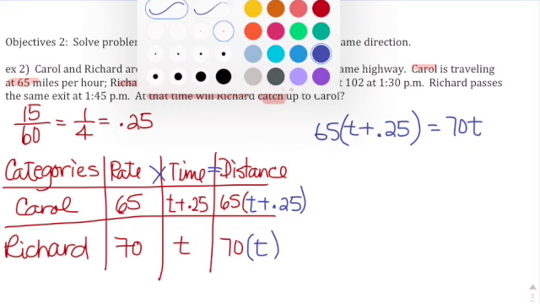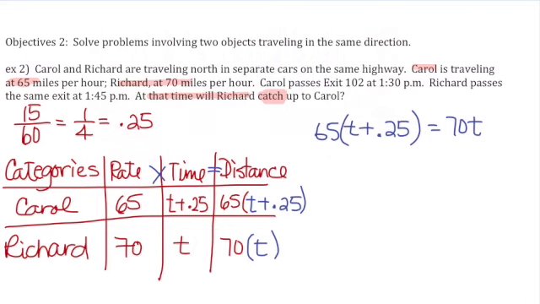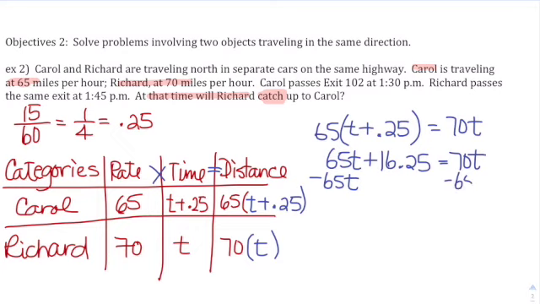Once you do that, you have to use the distributive property because you see a parenthesis, and to distribute that, you are going to have 65t plus 16.25, that's equal to 70t, and minus 65t on both sides, you will have 16.25 equals 5t. And divide by 5 on both sides,